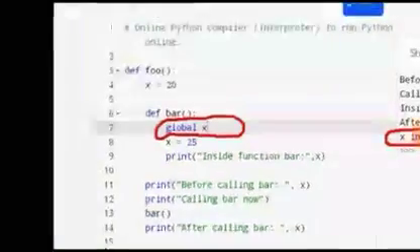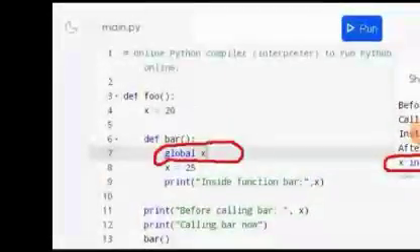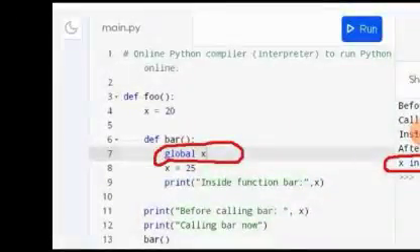So the code on lines 6, 7, 8, 9 pertains to the bar function, and it will be executed only after we call bar at line number 13. Only then will lines 7, 8 and 9 get executed, because they are the code inside the bar function.